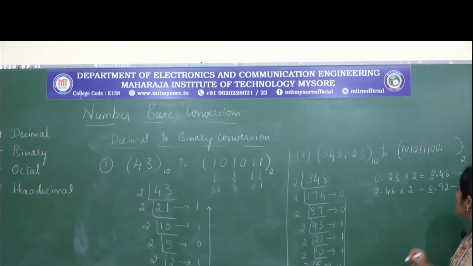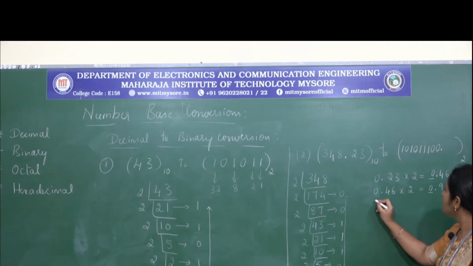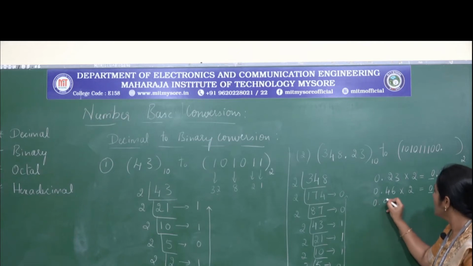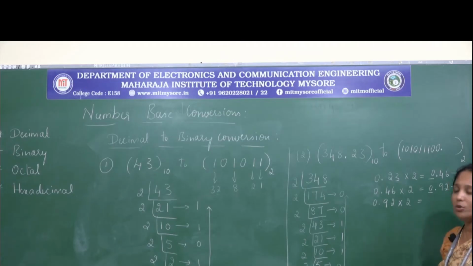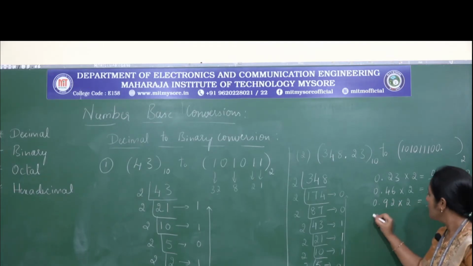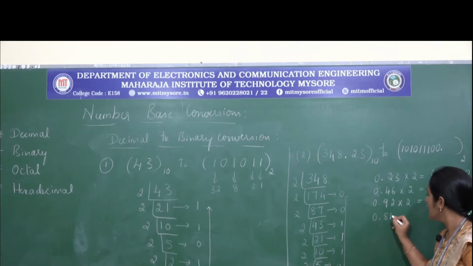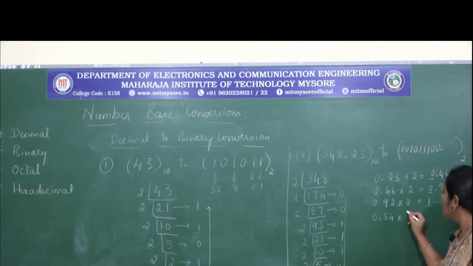We have 0, yes, note down, and next here 0.92 into 2, yes, 0.92 into 2, we will get 1.48. So 1.48, now what we need to record? We need to record this digit. So what we need to carry for the next step? Only the digits after the decimal point, that is 0.84, need to be carried further and 1 should be